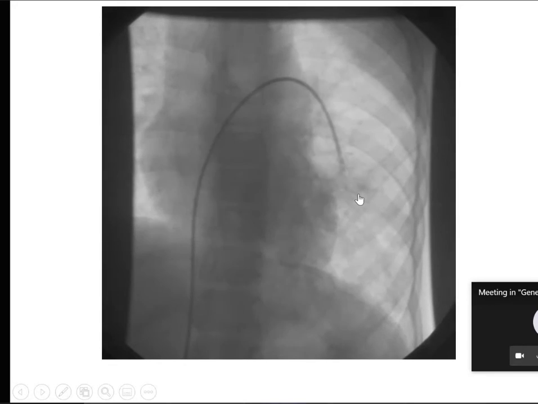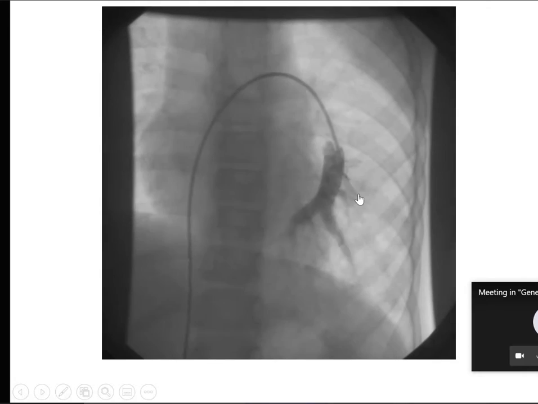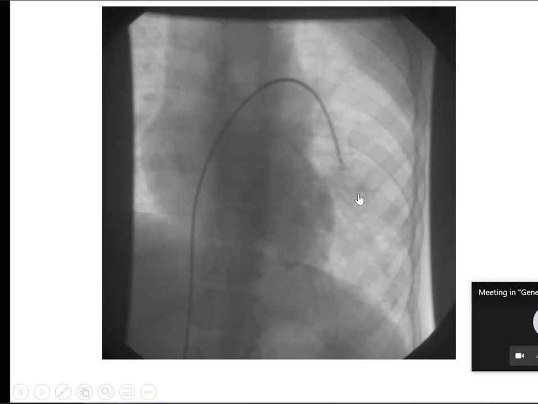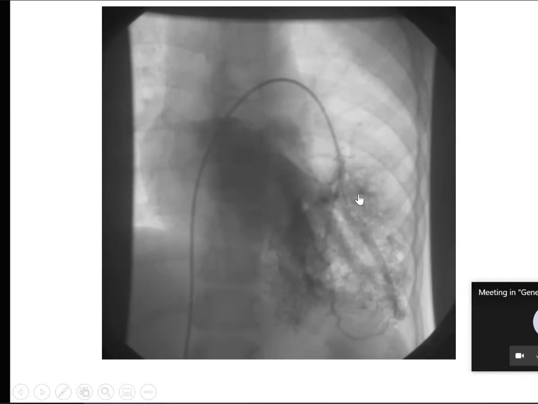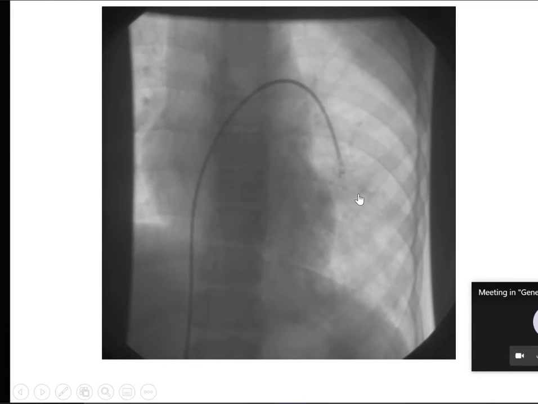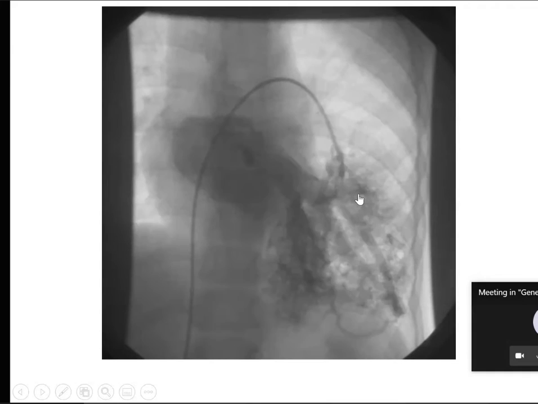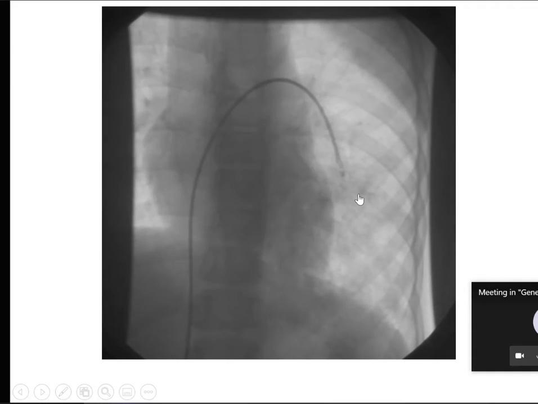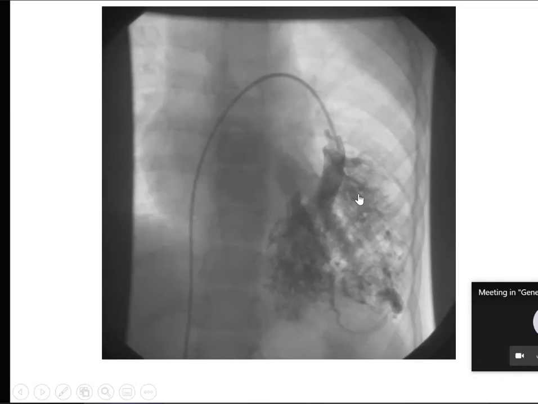Usually in a pulmonary artery injection, it will take time to fill the pulmonary vein. Here there is an arteriovenous malformation. Usually it takes three cycles to fill the pulmonary vein. Here, within the second cycle, it is filling the left atrium. So what is it? Pulmonary AV malformation, pulmonary AV fistula. So multiple small pulmonary AV fistulas.